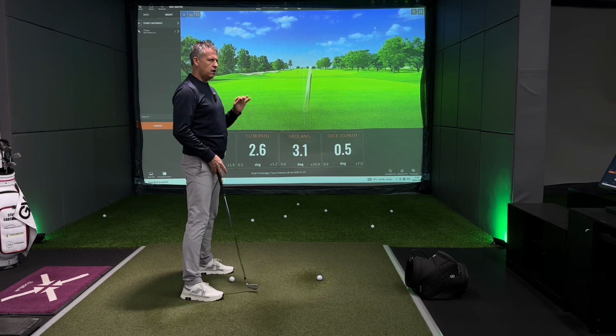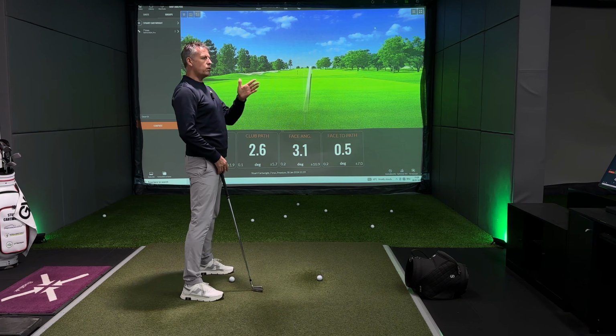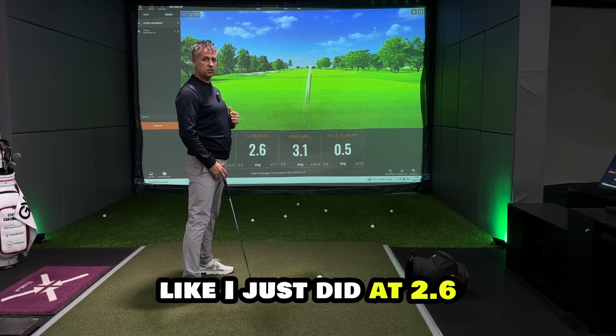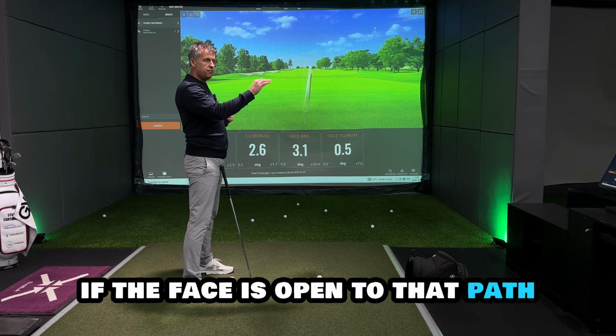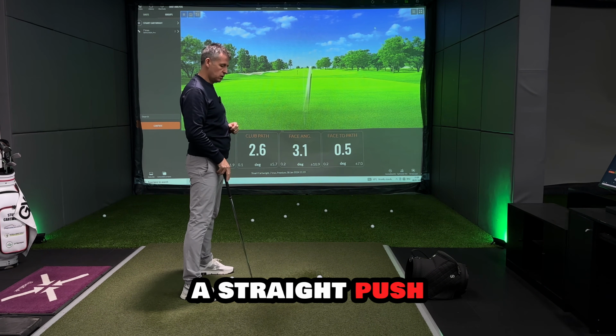At that point, if you meet the golf ball with an inside-out path like I just did at 2.6, if the face is open to that path, you'll see you'll hit a straight push. If you now make a swing,